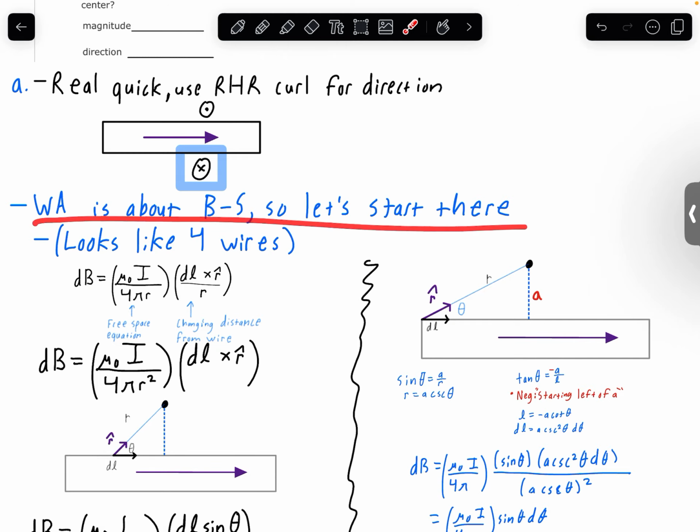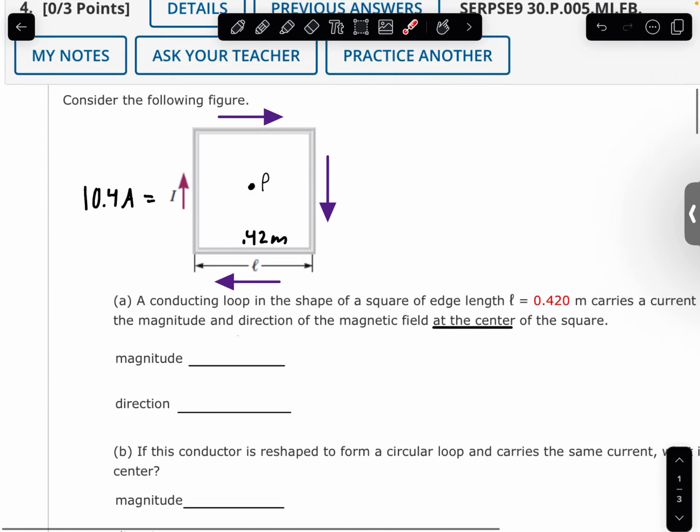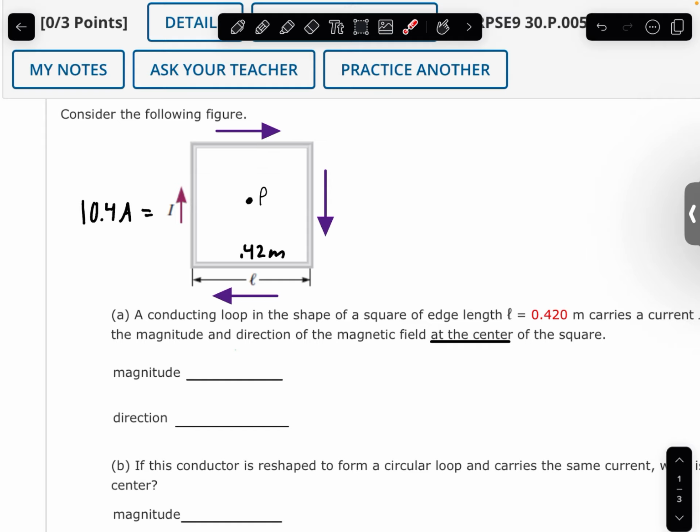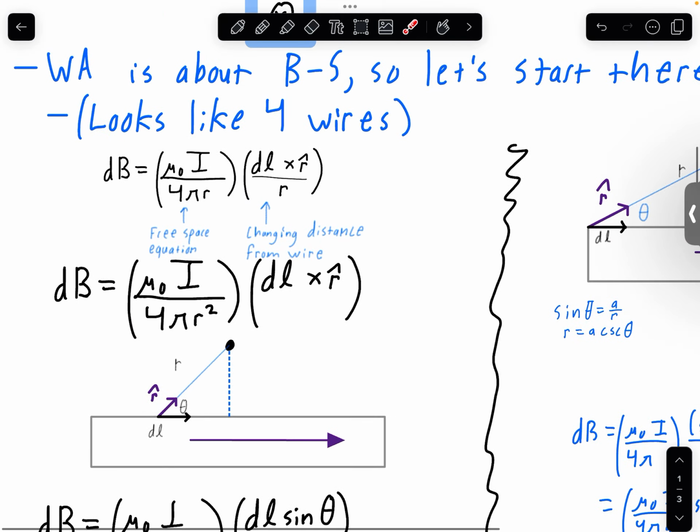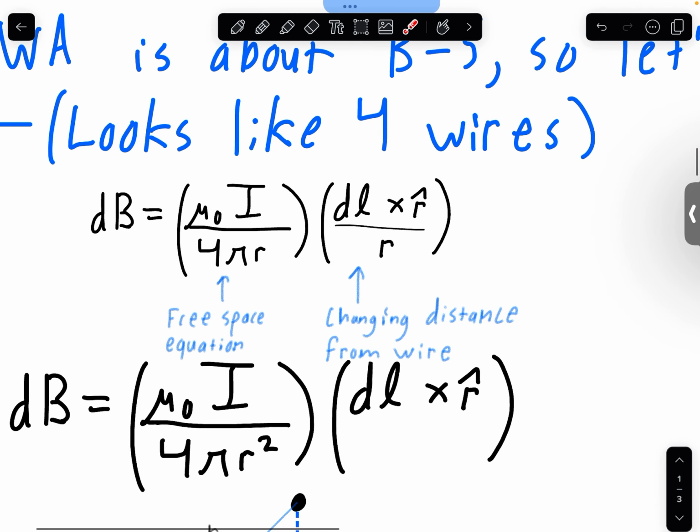And this problem is about the Biot-Savart law. So let's start there, because we know that we can use the Biot-Savart law with wires, and the square looks to be made up of 4 of them. So here's our Biot-Savart law. dB equals mu naught times current, over 4 pi times the distance r, times dl cross